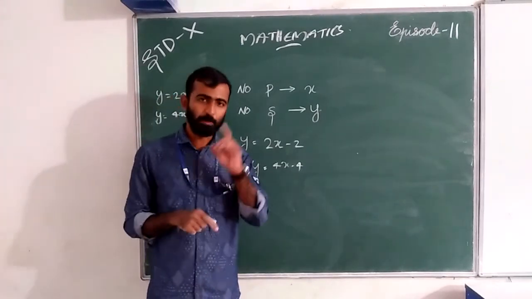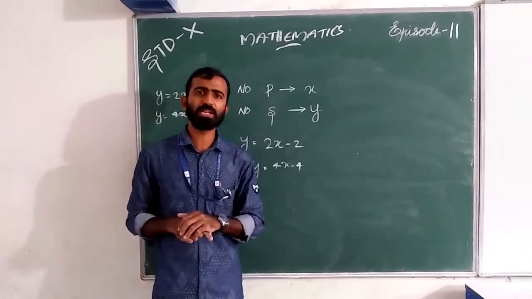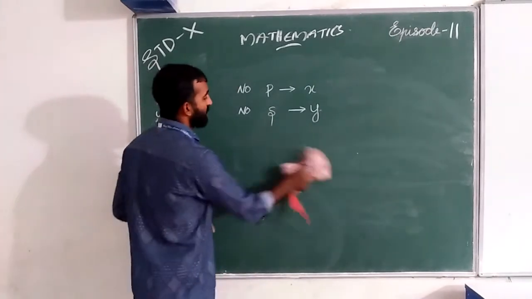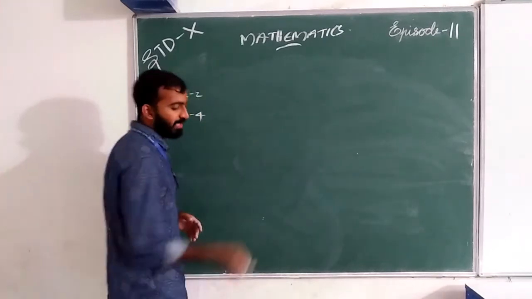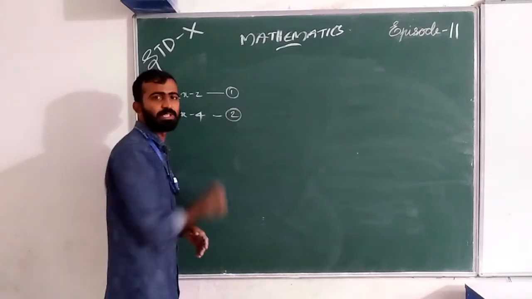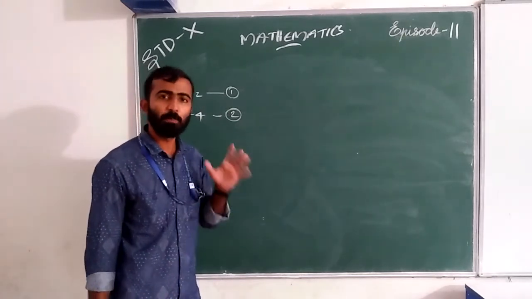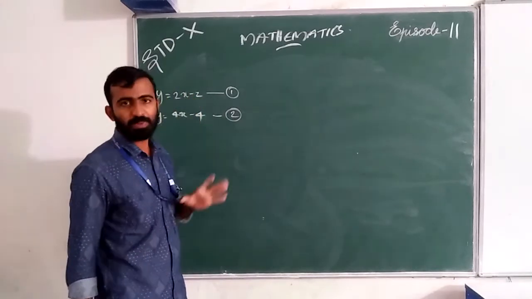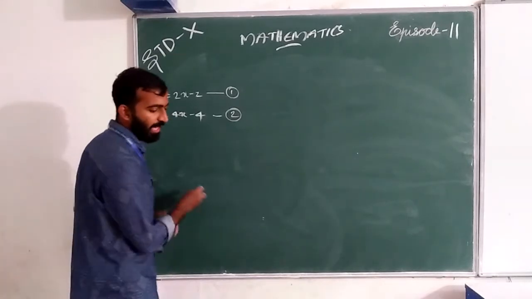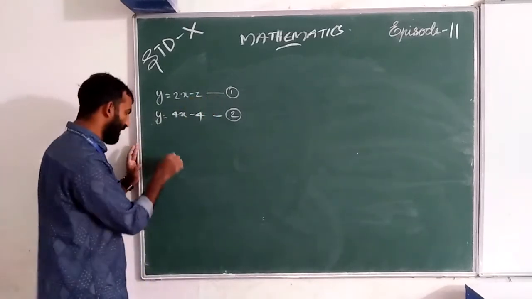For the graphical representation, the important matter is we want the coordinates. Which coordinates? We want the x coordinate and y coordinate. Easy. This is 1 and this is 2. Any doubt? Here x represents the number of pants, y represents the number of shirts, and the condition is given. Easy. Yes. And next, when we draw the graph of equation number 1, we want coordinates.